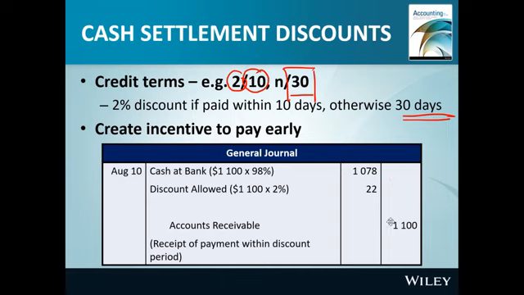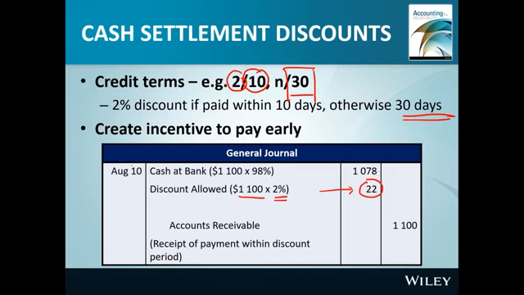So in this case, if they make payment, this is 1,100. This is your account receivable. They don't have to pay 1,100 in full. They only pay 98%, that is only 1,078, and then we give them a discount of $22. The $22 comes from 1,100 multiplied by 2%. So the amount of cash that you are going to receive from your customer is only